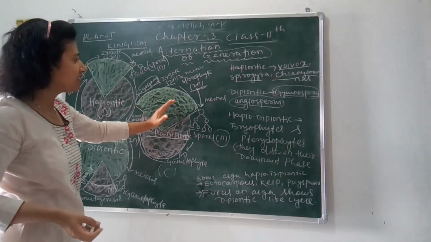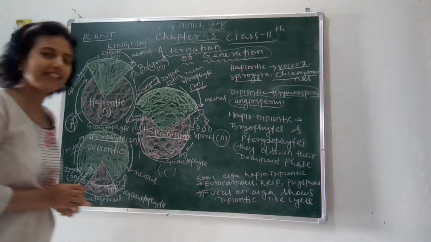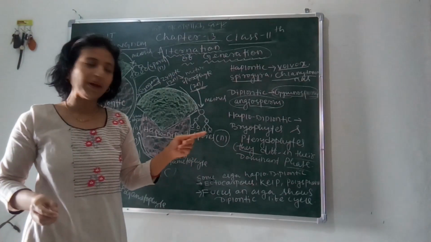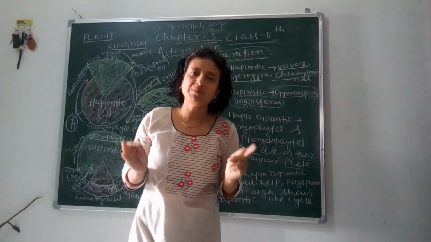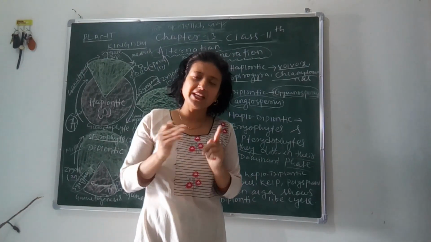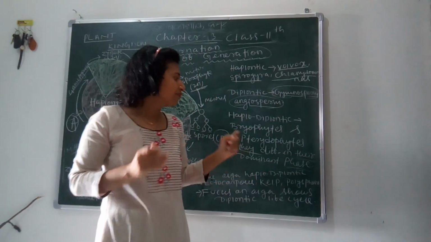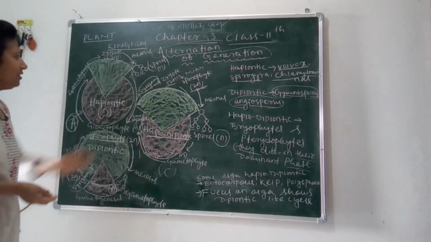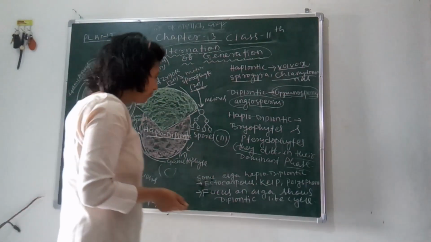Some organisms which show the haplodiploidic life cycle are bryophytes and pteridophytes, although they differ in their dominant phase. Both divisions of the plant kingdom, bryophytes and pteridophytes, show haplontic and diplontic life cycles, meaning the n phase and 2n phase, or gametophytic phase and sporophytic phase, equally, but according to their life cycle their dominant phase is different. So this is all about the haplontic and diplontic life cycle.